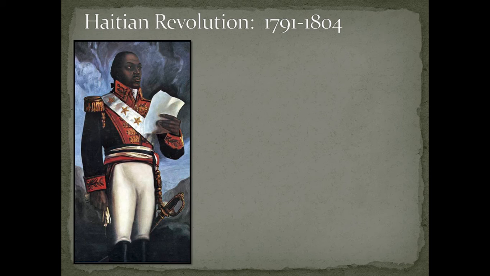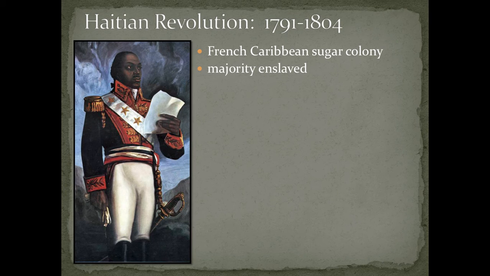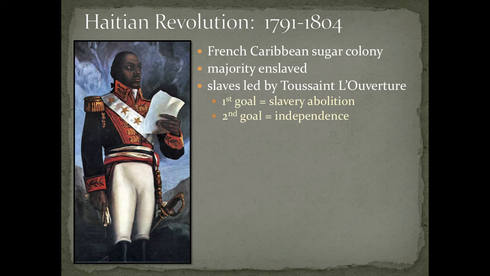All right, so for the Haitian Revolution, you know this, we've done this so much. It's a French Caribbean sugar colony originally, formerly called Saint-Domingue. The majority of people were enslaved. They were African chattel slaves at the mercy of French plantation owners. And the first major slave movement here for revolutions was carried out by Toussaint Louverture. The first goal was slavery abolition. And then the second goal, understanding that really the only way abolition was going to happen was if Haiti gained its independence. He's leading them towards that movement.